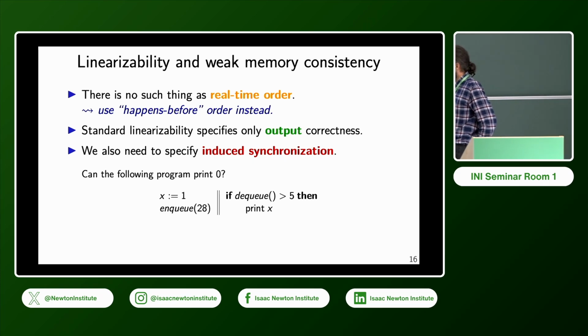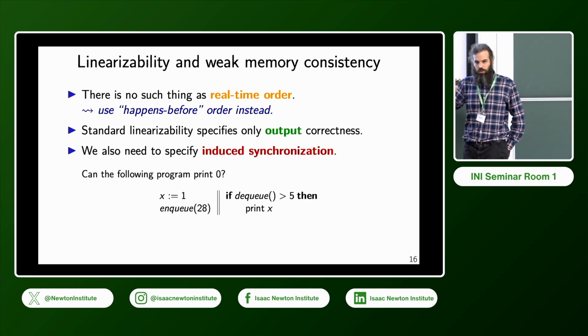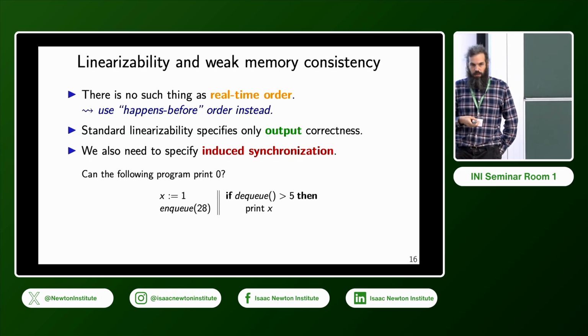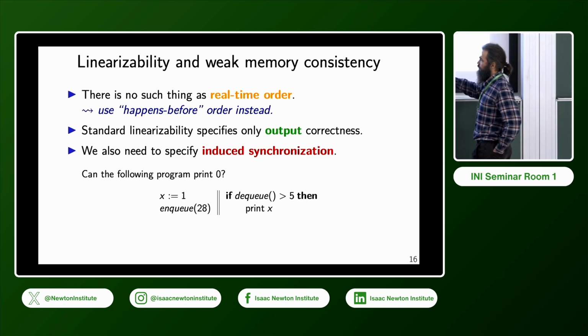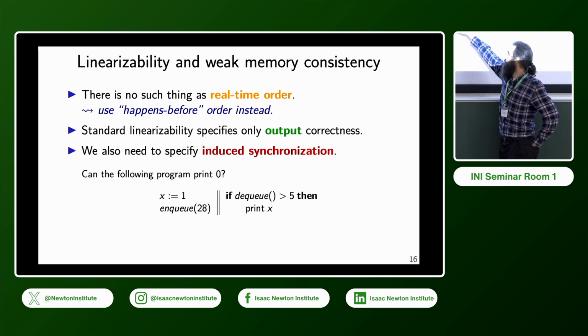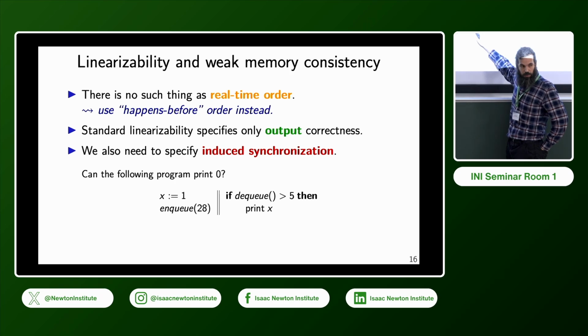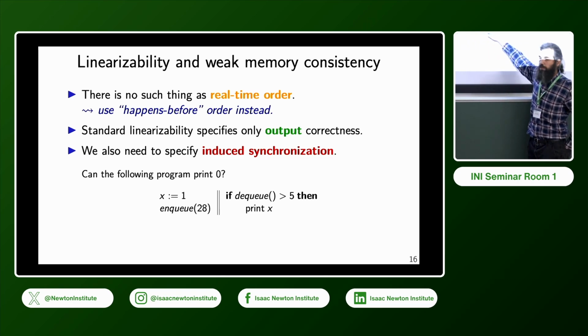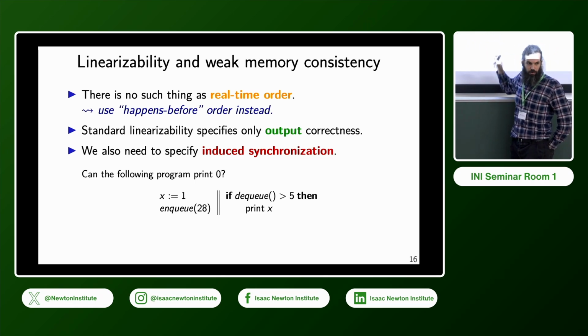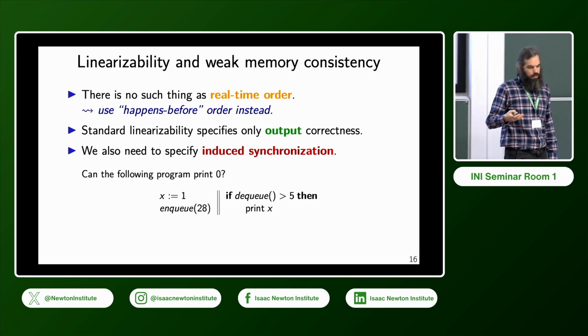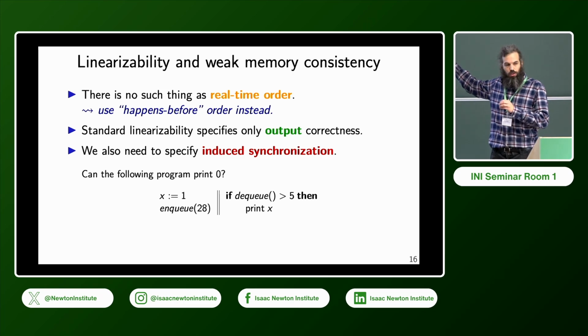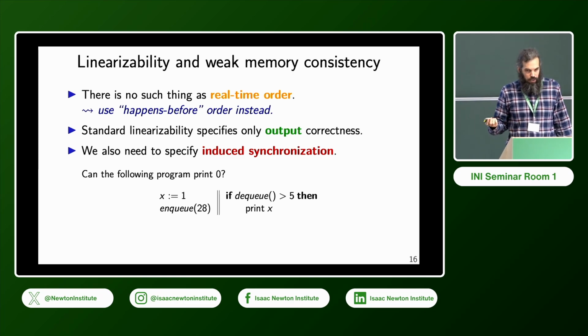But the second and most important thing is that the standard definition just talks about the outputs of methods, and it doesn't talk about any synchronization induced because of the library. So here's an example with two threads: one initializes x, then enqueues a value, and if the second thread dequeues and gets this value, should it necessarily see the value 1 of x, or can it also read 0? This is something that the specification of the queue should describe. The standard specification would say that the enqueue and the corresponding dequeue synchronize, but that, anyway, needs to be mentioned